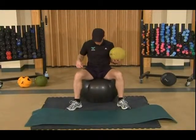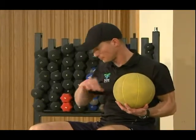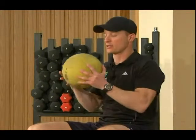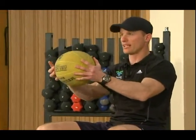And what we're doing is trying to incorporate those external and internal obliques right on the sides here into the exercise. So again, a slight bend in the elbows. Let's go into that exercise. We're just going to do 10 reps on each side. Here we go. 1,